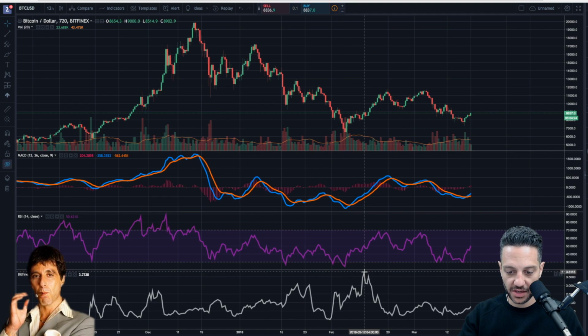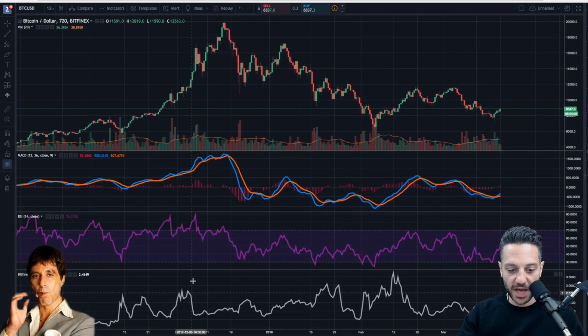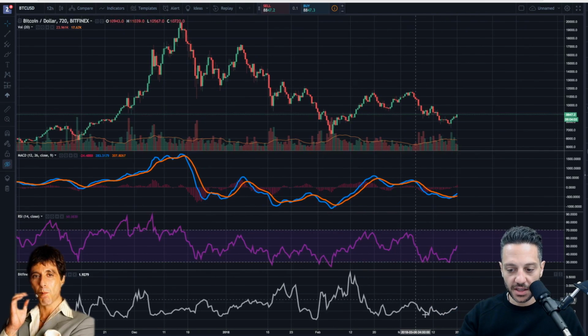Same thing as this rise from the drop off, right? You see the high point here in the longs versus shorts. This happens on February 11th, and we don't see the swing high indicated on the price chart until a few days later, around February 19th and February 20th, right? This is when we hit that 11,600. So you'll see this pattern repeated over and over again.